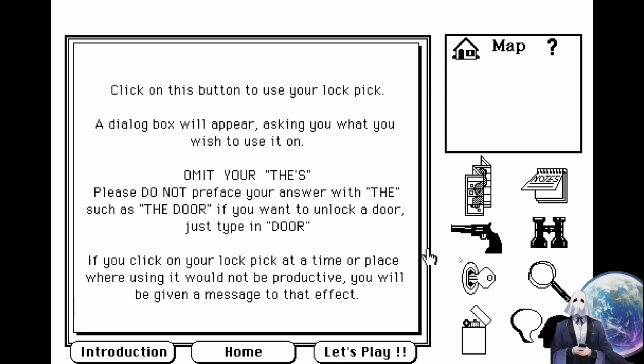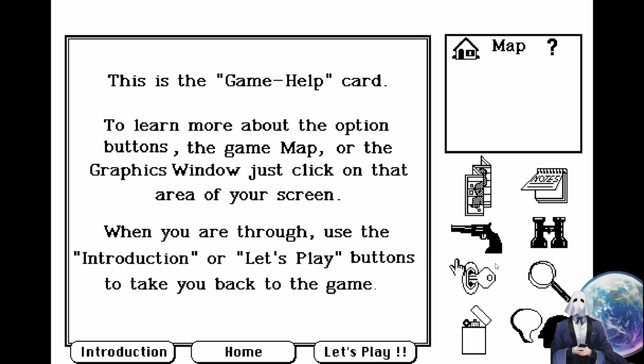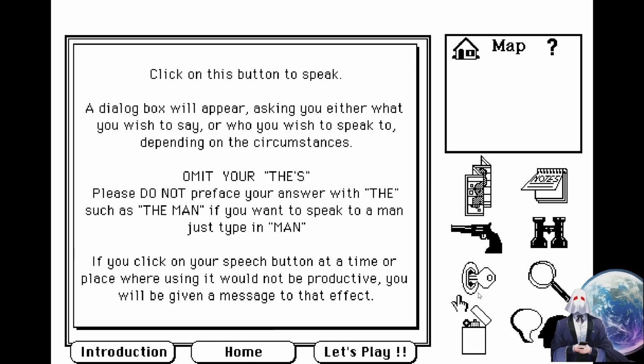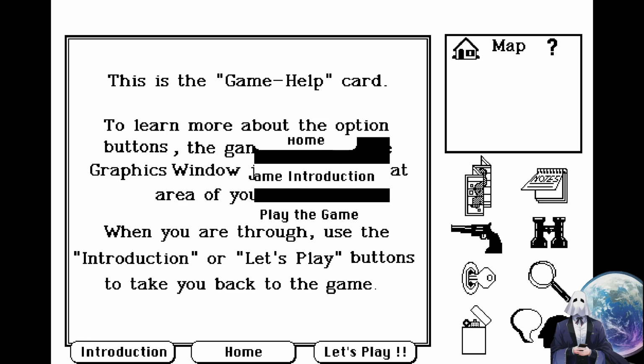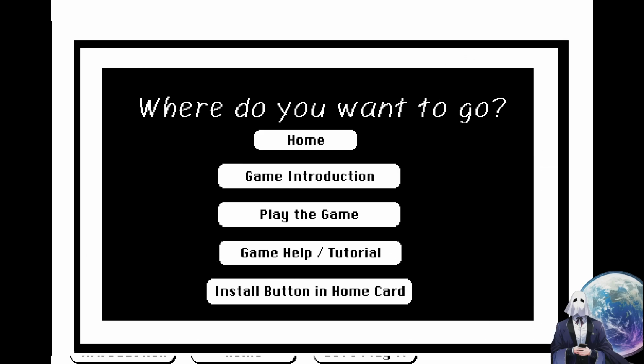A dialog box will appear asking you what you wish to say or who you wish to speak to, depending on the circumstances. Alright, let's play. Play the game.